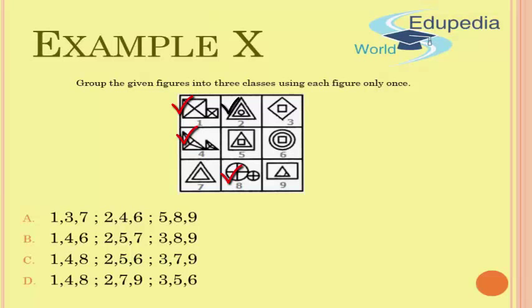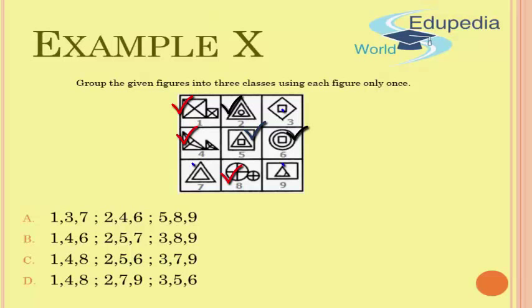Then in figure 2 you have three figures, one inside the other. So you have a triangle inside a bigger triangle, and inside the inner triangle there is a circle. In figure 6 you have a square inside which is covered by a circle and which is in turn covered by a bigger circle. And in figure 5 you have a square outside and a triangle inside that, and then another square inside the triangle. So we have three figures, one inside the other. So 2, 5 and 6 will be the second group, thereby eliminating option D, and my answer will be option